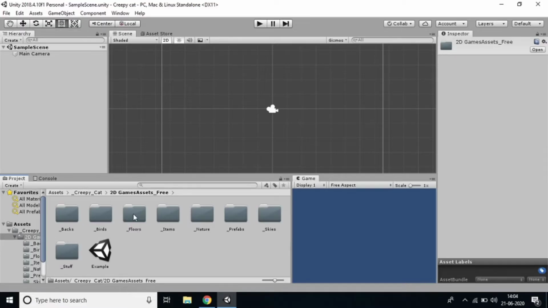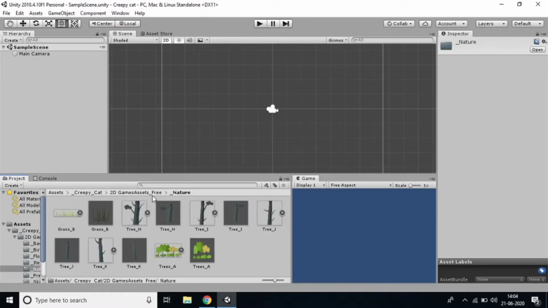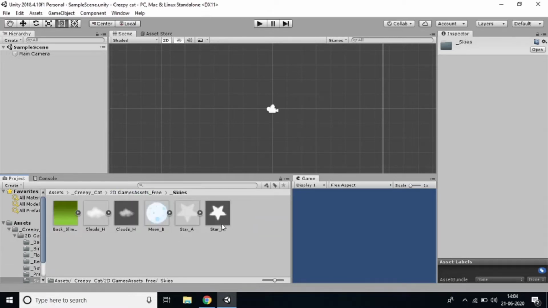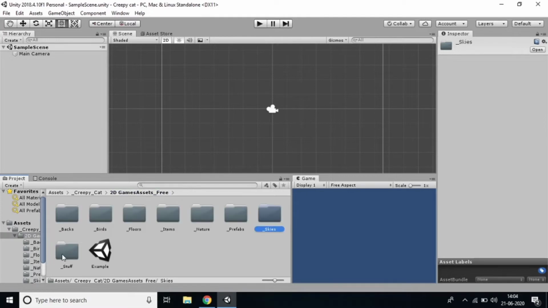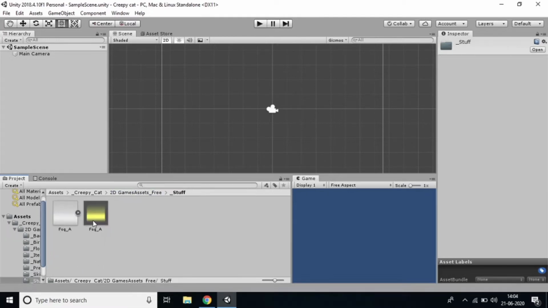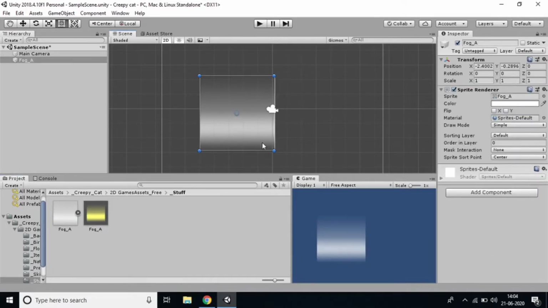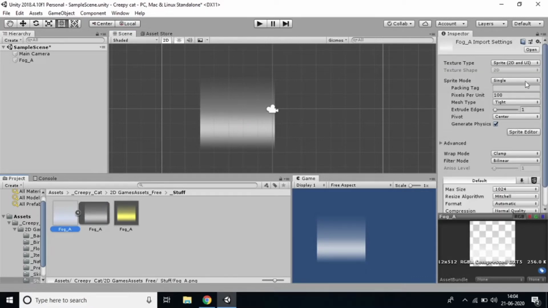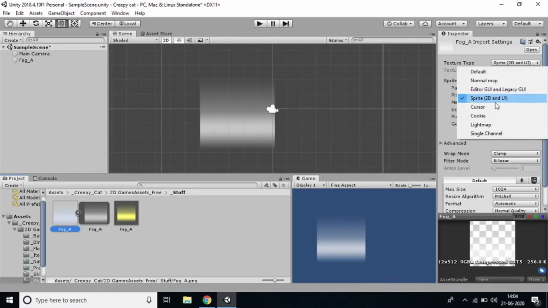First of all, we need to insert a background, right? You can see the nature background, but there is no proper background for it. Just drag and drop here, and it should be a sprite. Make sure that it is a sprite. Just click this one and you can find it should be a sprite, then only we can import.